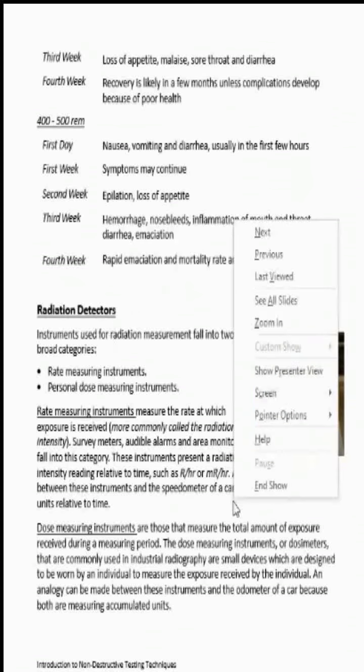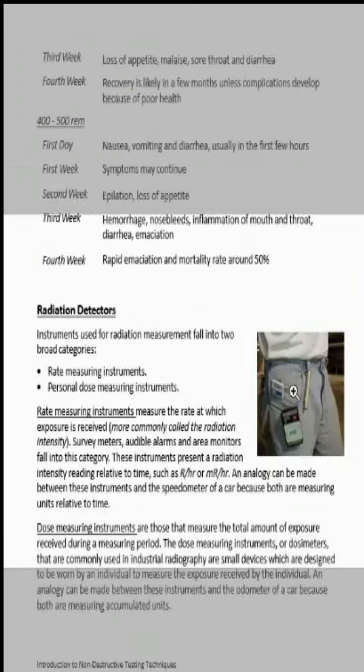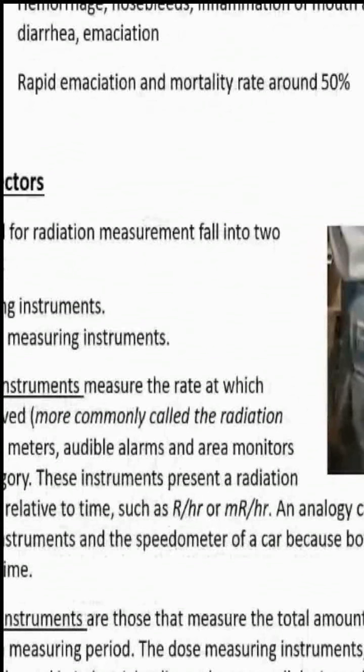Radiation detectors. Here you have been shown one radiation detector. This is a radiation pen, this is a radiation detector, and this small one is a TLD badge. This is a sealed element. This element is tested only by the regulatory person, because he wants to know the amount of radiation the person is taking, and he wants to protect the person from getting highly exposed.